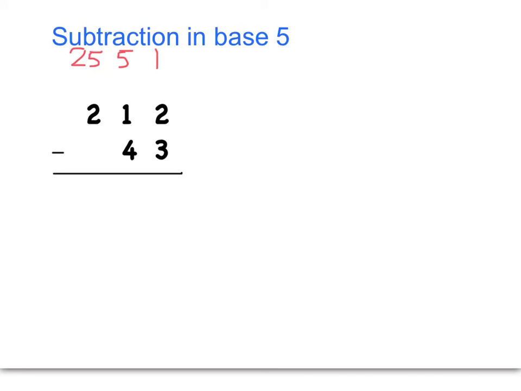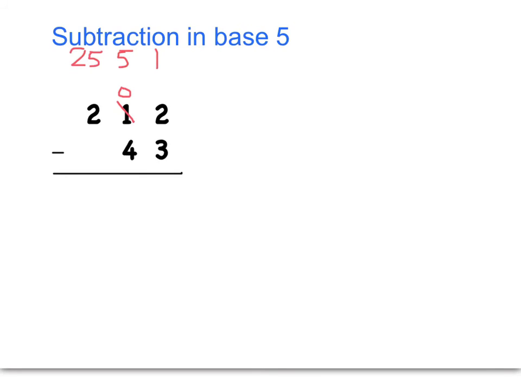All right, and I'm going to go ahead and start on the right-hand side, just like we do in base 10. All right, so I have 2 groups of 1 minus 3 groups of 1. In normal addition, we can't take 2 away from 3, so we are going to need to borrow from the next place value. We are going to take this one group of 5, and we're going to switch it to 0, and we're going to take those 5s that we borrowed, and we're going to place it in the 1's